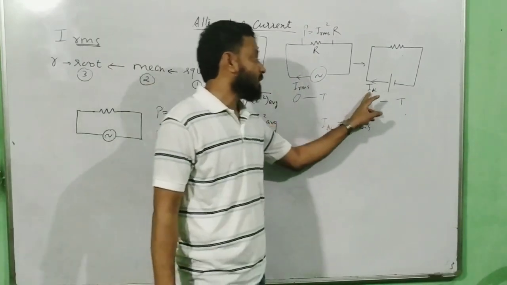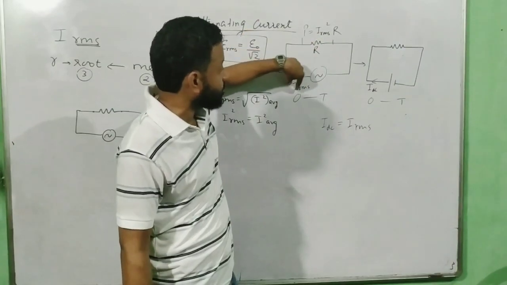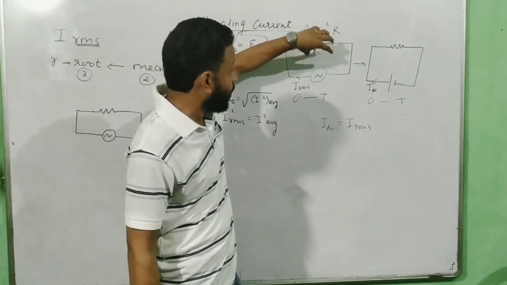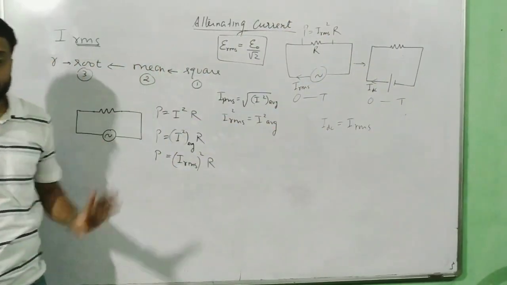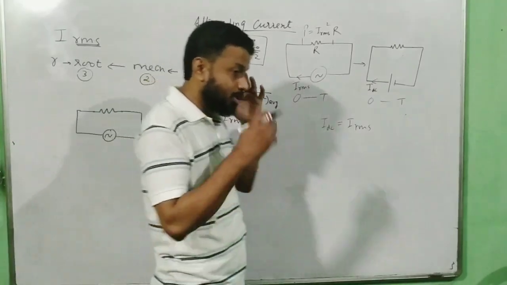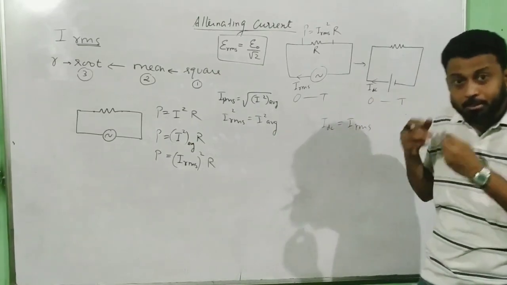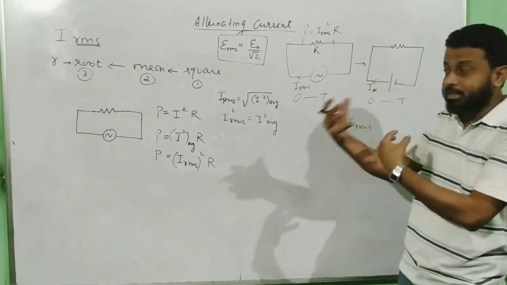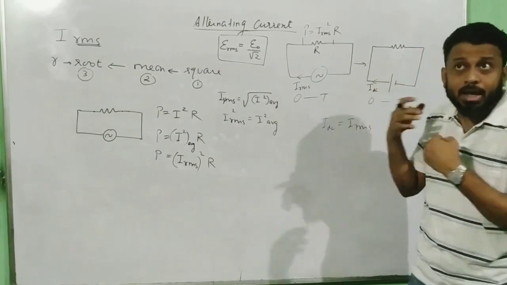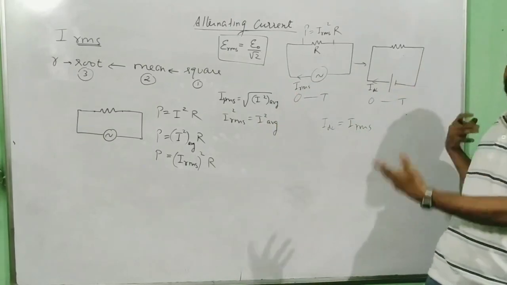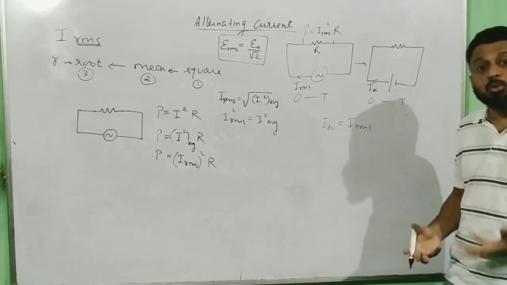If I supply the DC current which is exactly equal to RMS current, then the heat dissipated over a time interval from 0 to t, in alternating current and in direct current, will eventually be the same. And that is the reason why RMS current is also known as a virtual current. It's a current which is not actually flowing in the circuit, but when we relate the AC circuit with the DC, we always relate with the help of RMS current. So we think as if an RMS current is flowing, doing the same job as that of DC current. Hence the RMS current is also referred to as virtual current.